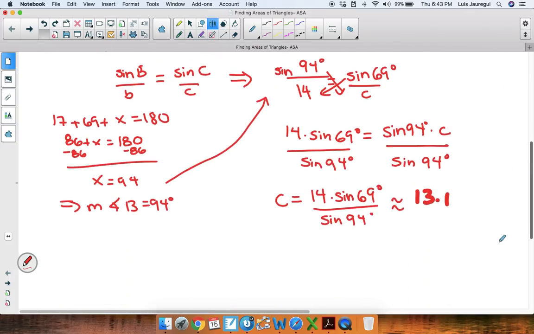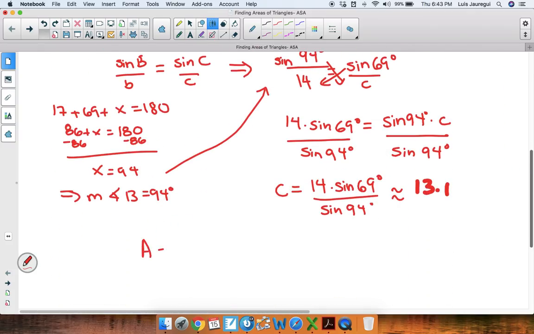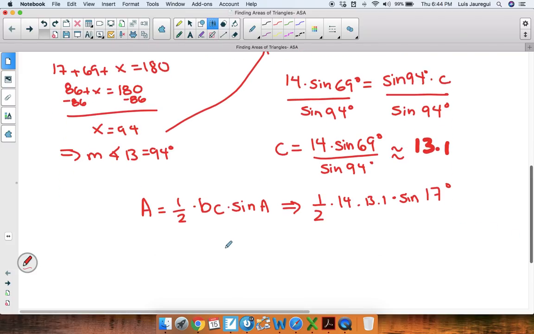So I can say, well, area is equal to 1/2 times BC times the sine of A. So substituting information, we have that this is equal to 1/2 times 14 times approximately 13.1 times sine of angle A, which we said was at 17 degrees. So let's go ahead and get an approximate